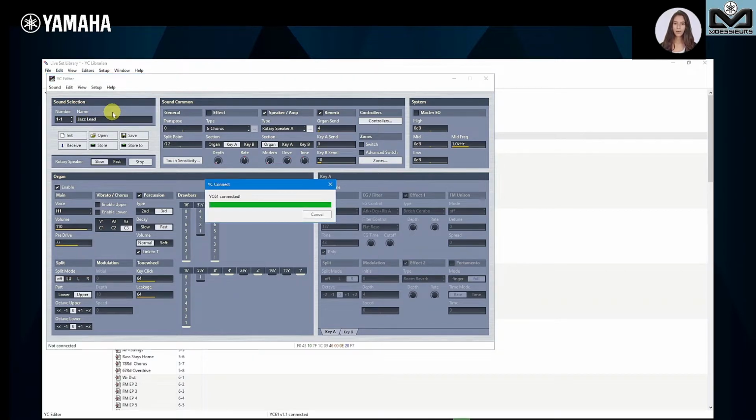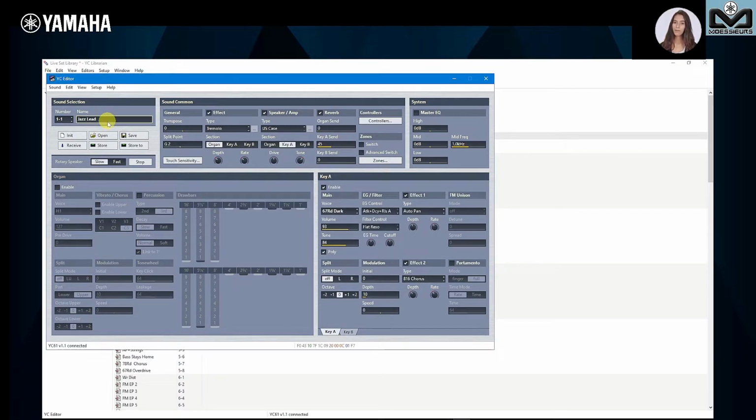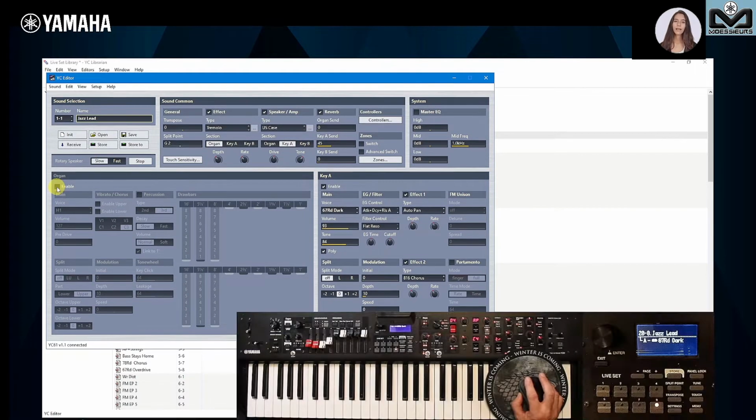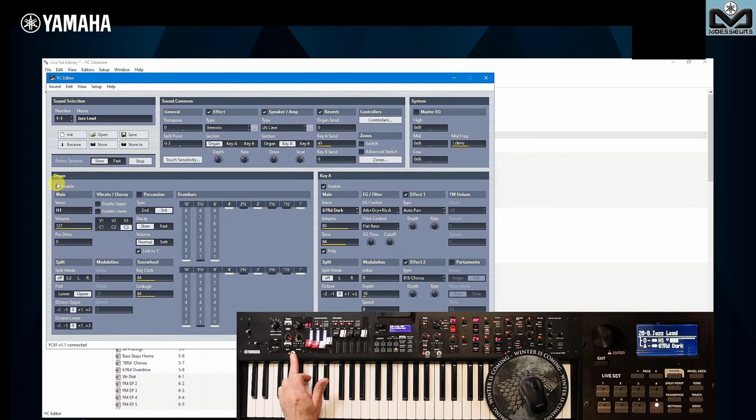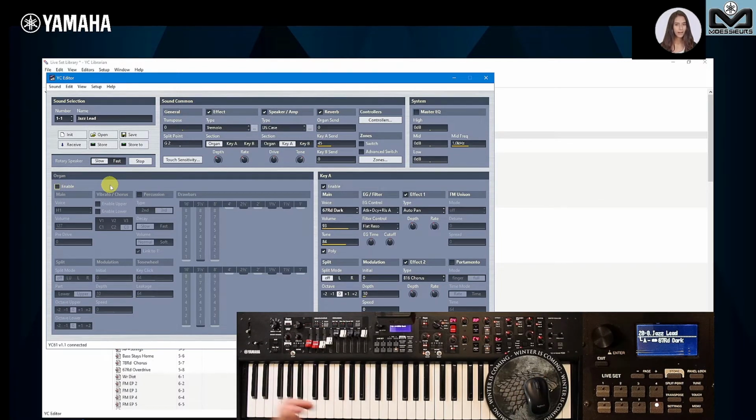Here it is. It took us to Jazz Lead Live Set. Let's switch to this view. Like this, you see the YC. Let's activate a section on the editor. It activates on the YC. And vice versa. Let's show you again. It activates, it deactivates, it works well in both directions.